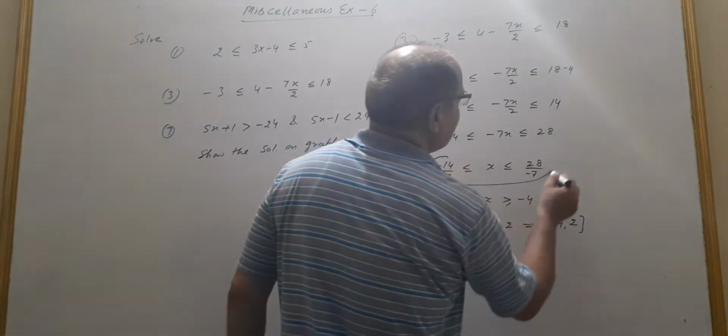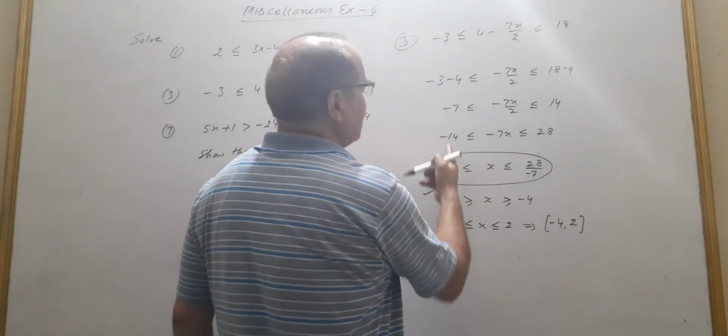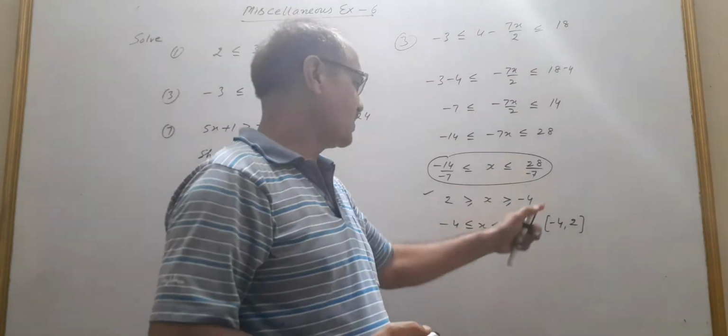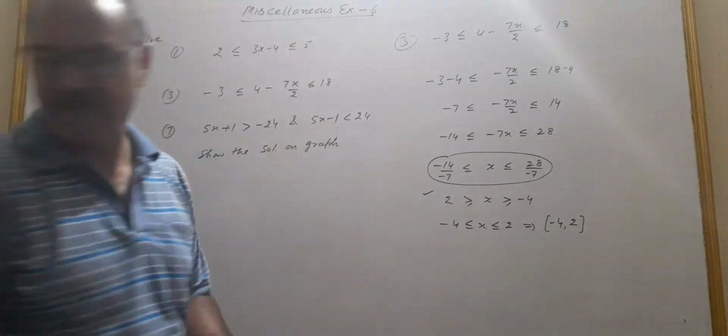You need not write this step, I am just telling you how to solve this. So this is 2 is greater than or equal to x is greater than or equal to -4. The sign of inequality changes its position when we divide or multiply by minus, therefore the result will be written like this. Now